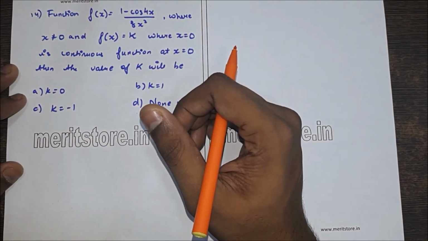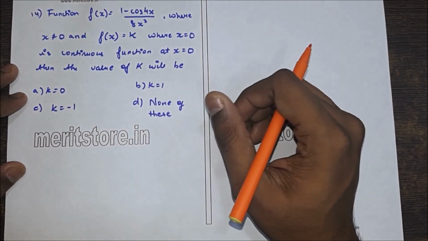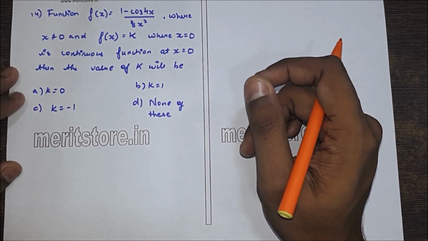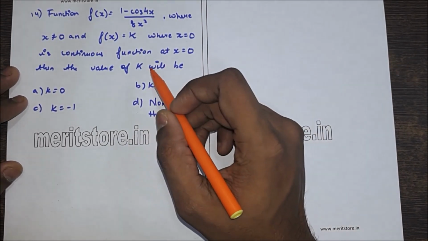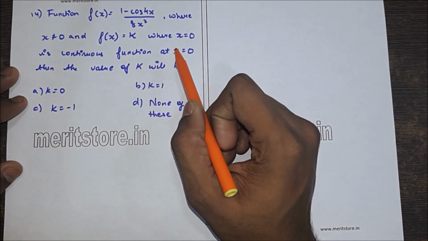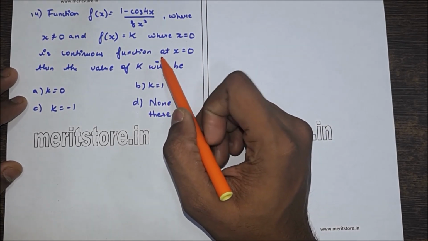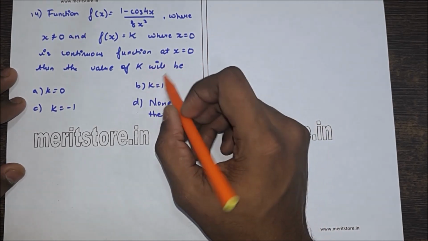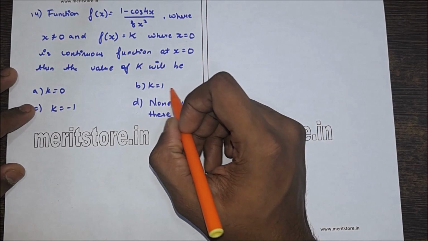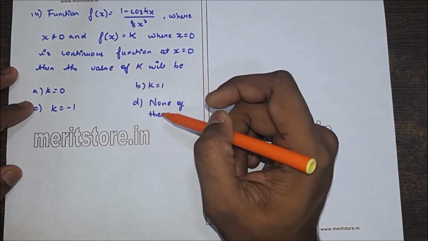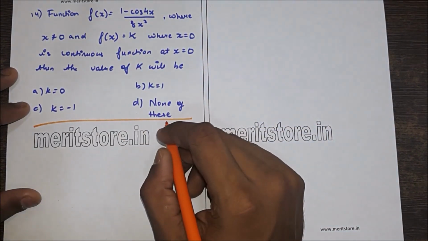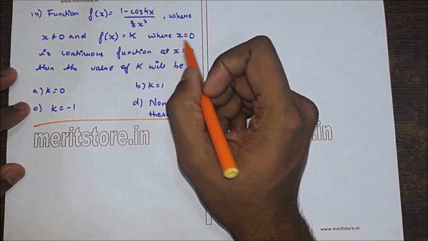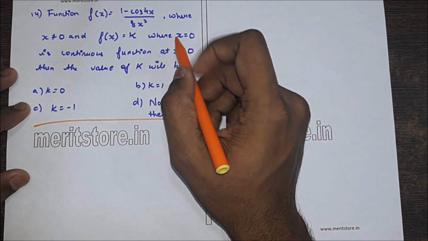Function f of x is equal to 1 minus cos 4x upon 8x square, where x is not equal to 0, and f of x is equal to k, where x is equal to 0, is a continuous function at x is equal to 0. Then the value of k will be: a, k is equal to 0; b, 1; c, minus 1; or d, none of these. So from this we know if f of x is continuous at the point x is equal to 0, then